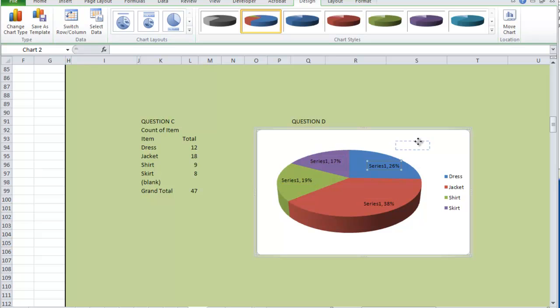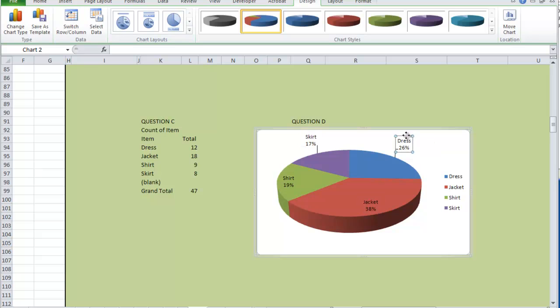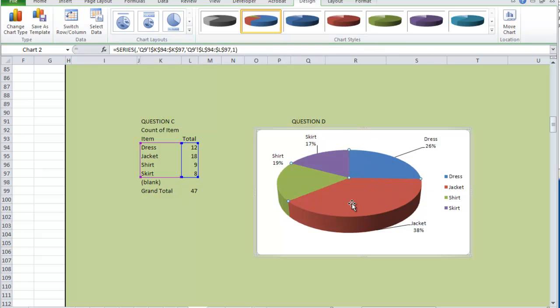Leader lines allow me to drag that, and you'll see this line appear. That's not very nice, is it? Let's go back in, format data labels, category name I want, that's nicer, and drag that over as such. Remember, we may ask you to manipulate the colors of the pie or split it apart like that. To select one component of the pie, one click to select the entire pie, a second click selects one component,